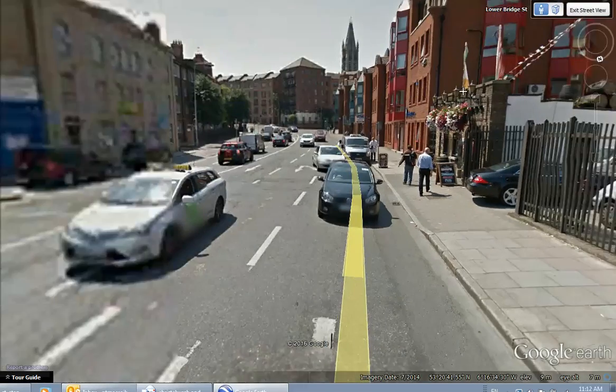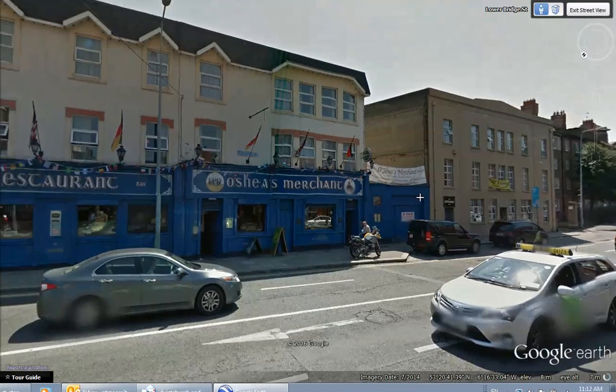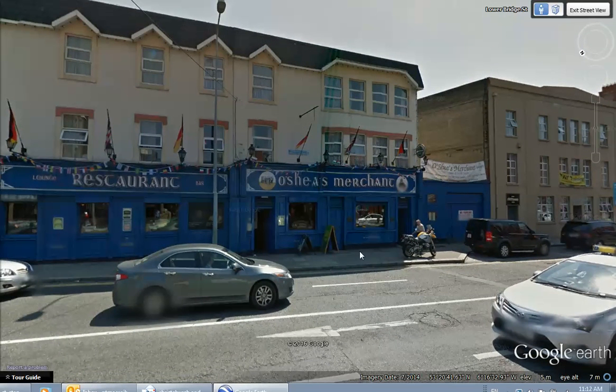Okay, and then across the street is this thing called O'Shea's Merchant, right there. So this is a pub. If you want to hear traditional music and the step dancing and people from the countryside. The people from the countryside are called culchies, and it's a derogatory term that Dubliners have for people who are kind of rural. So the O'Sheas are a famous family from County Kerry, and this pub is just a hoot